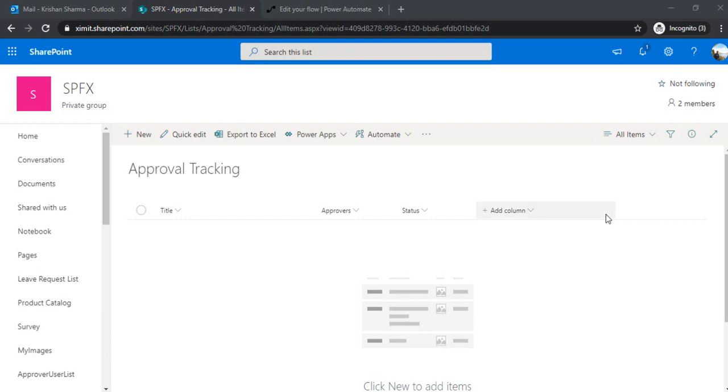In today's session, we are going to learn how we can create the approval flow along with the reminders. So if some person is not taking any action on his or her task, then that person should be receiving the periodic reminders to take the action on the task.